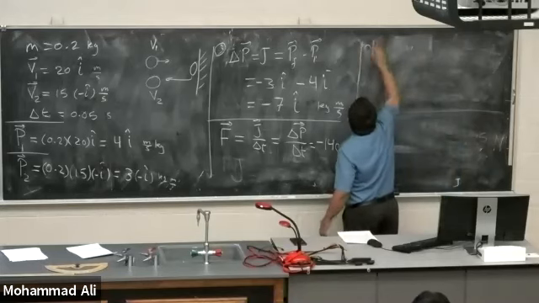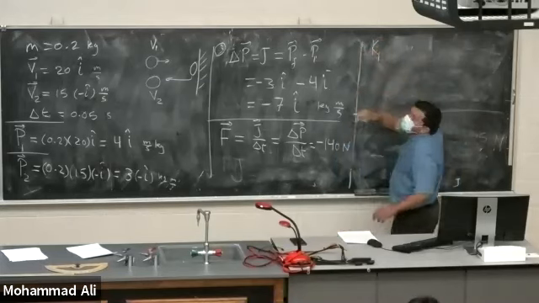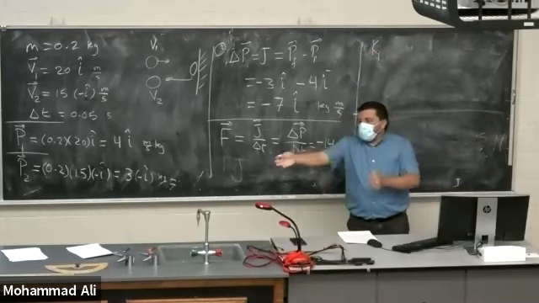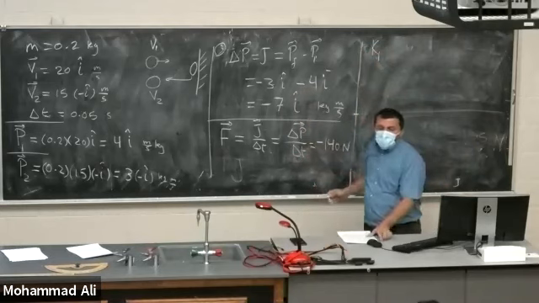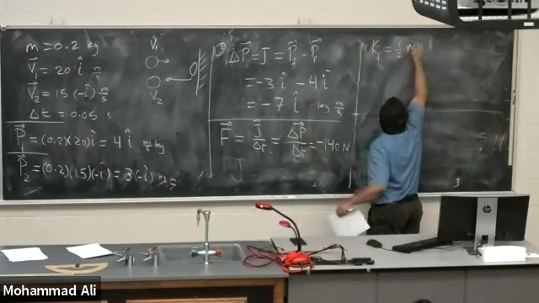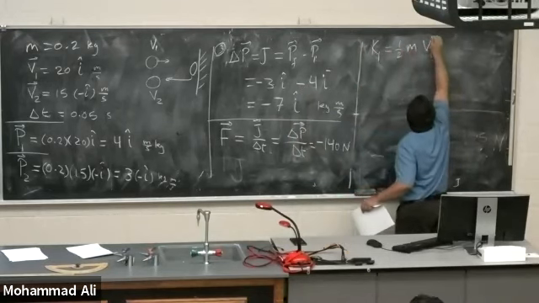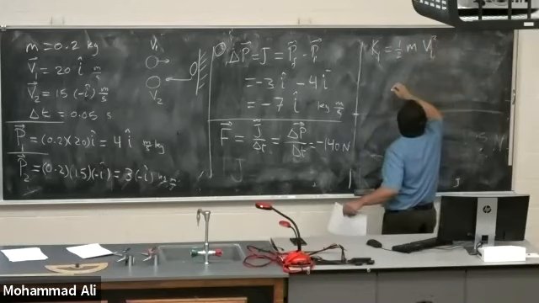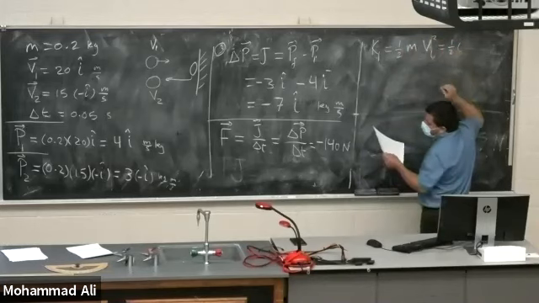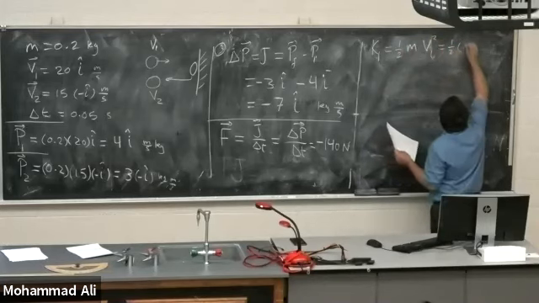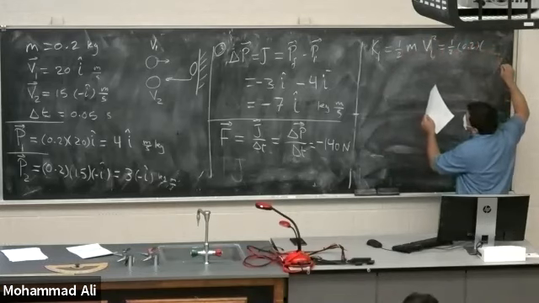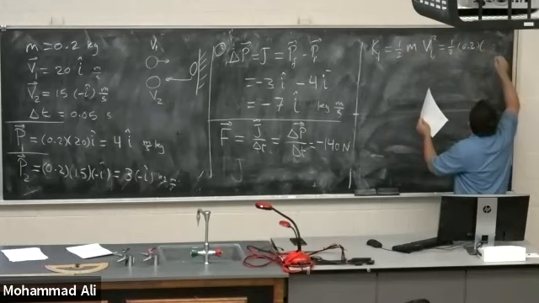The kinetic energy initially. It is important to deal with the kinetic energy because we have collisions after a while, and we have to deal with the kinetic energy. It is equal to 1 over 2 multiplied by the mass by the initial velocity squared, or v1 squared. This is equal to 1/2. The mass is how much? 0.2, yes, right? Thank you. And the velocity is 20